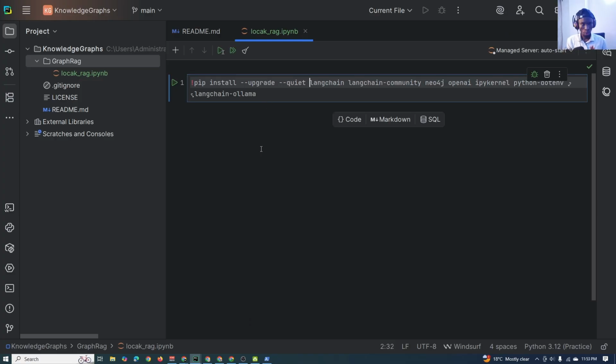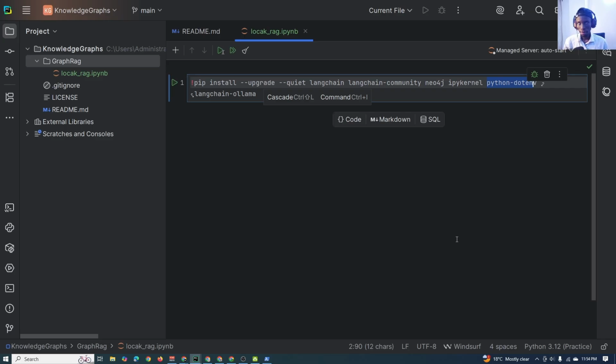The first thing, once you have set up everything, is to make sure you have the necessary dependencies. So for this one, I'm installing and upgrading LangChain, LangChain community, Neo4j, OpenAI. I don't think I'll use OpenAI. Then IPyKernel, python-dotenv, because you need